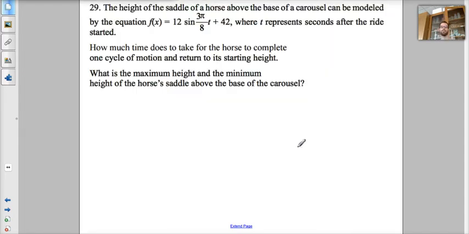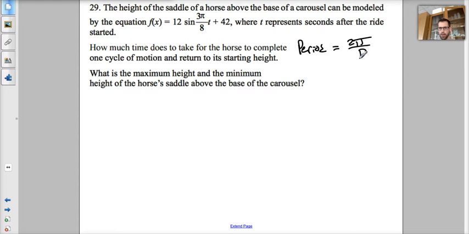All right, 29. So we've got the height of a saddle of a horse above the base of a carousel. I guess the horse is moving up and down. Can be modeled by this sine equation here, where t represents seconds after the ride started. How much time does it take for the horse to complete one cycle of motion? So this is a period